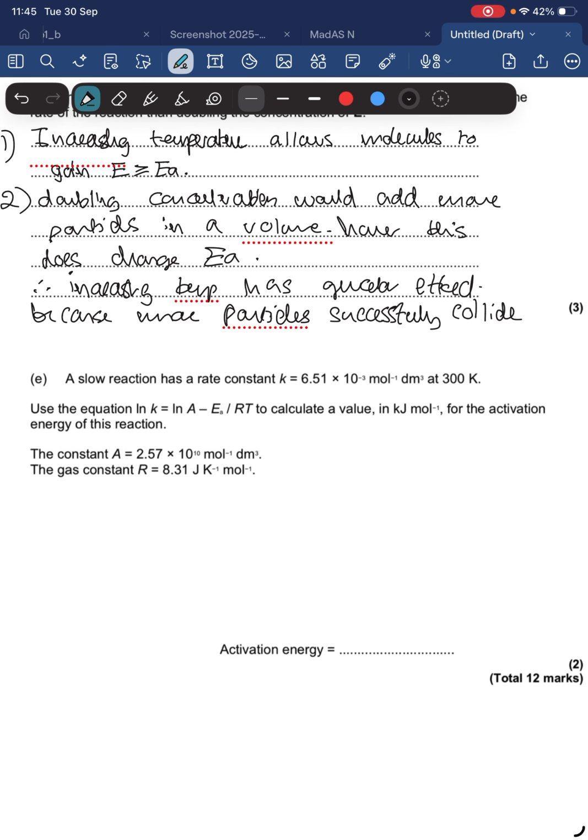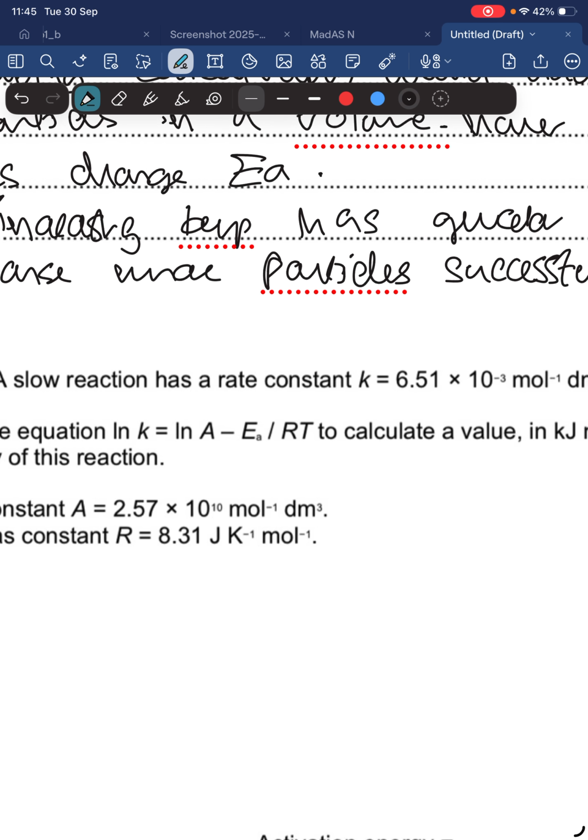So now we got part E, which looks a little daunting, I'll admit. When I was doing this paper, I thought this was slightly daunting, but to be honest, there's two ways to go about it. One, you can rearrange this from that, or two, you can memorize an equation that's already rearranged. So what you have to do is rearrange that, without the minus of course, and make it equal to all of this. Okay? Or you can memorize it,